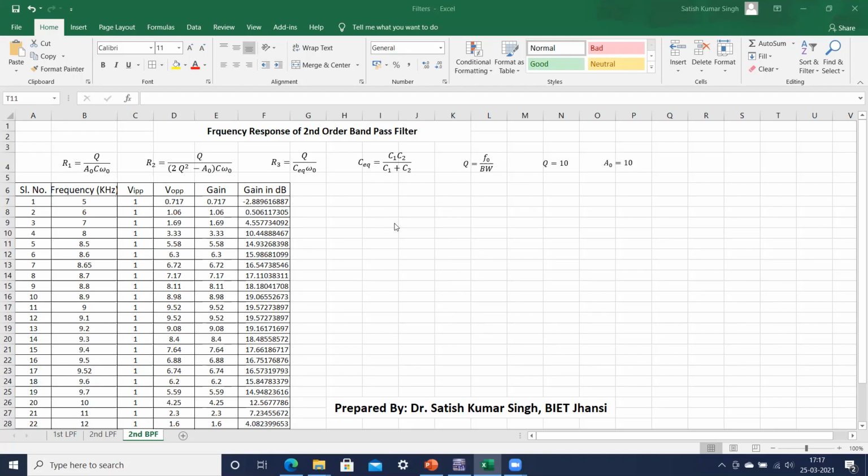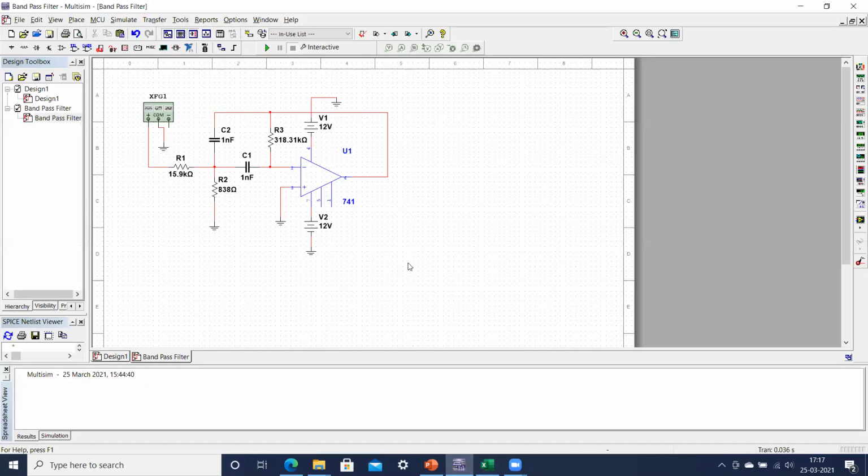So after this, you can see we have designed this filter. We have substituted all the values we calculated theoretically, and then we need to connect the function generator to get the frequency response.